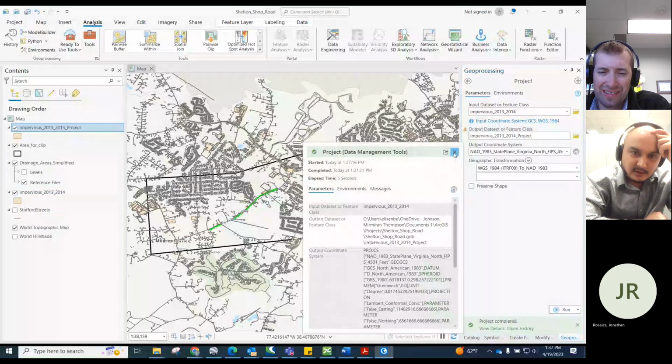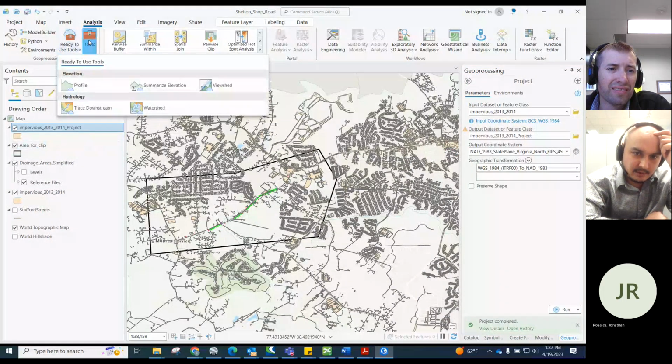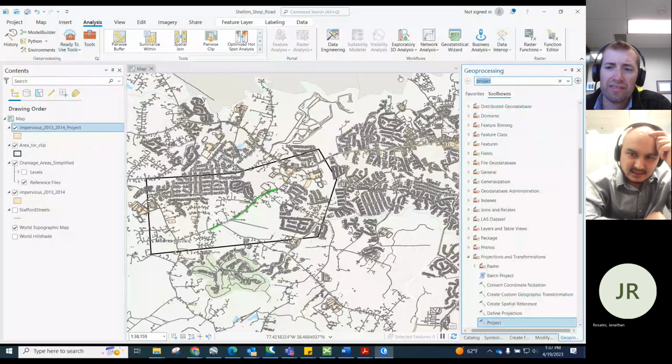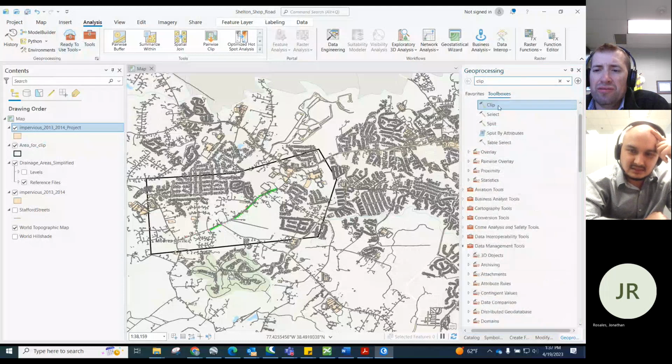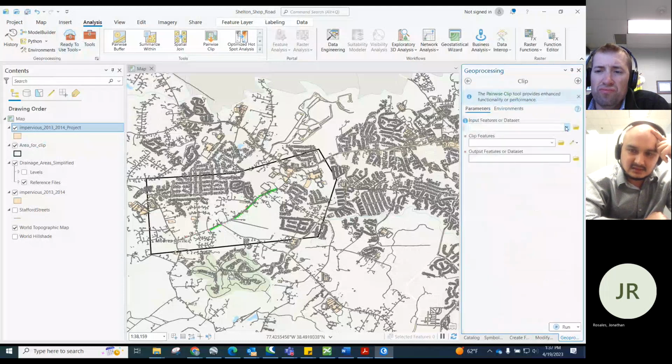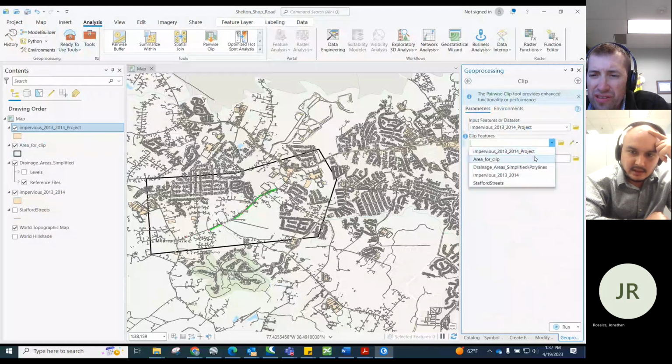So now let's clip that projected area, using that area for clip, right? Yeah, that's the right one. Then Area for clip, and run it.